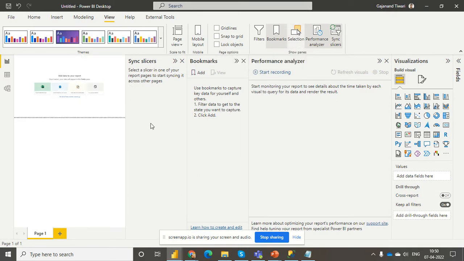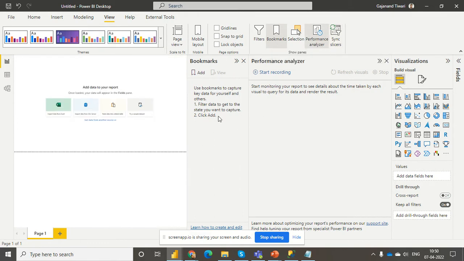Let's talk about sync slicer. Since I'm using five tabs and I don't want to apply the filter in each of the five tabs separately, I just link them with the slicer. Then you can customize all your tabs, dynamically filtering all tabs, maybe 20 or 50, and it happens automatically once you synchronize here. Let's move to the